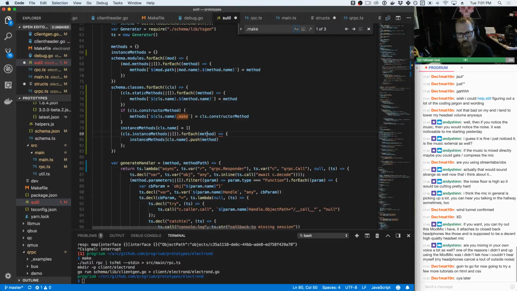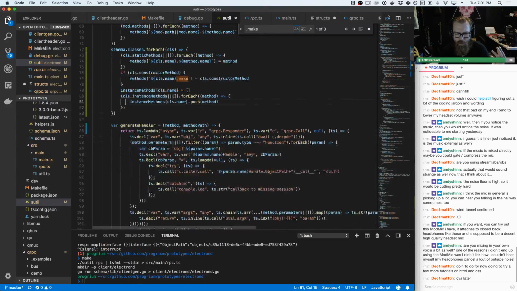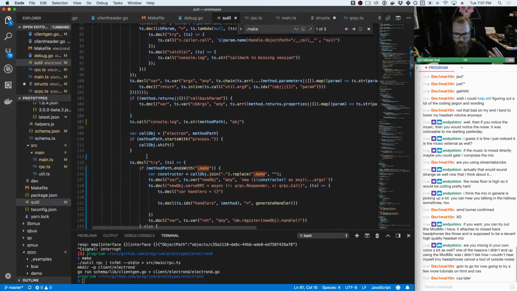Did that thing again. Okay. Alright, so then we'd have instance methods with every class. And we could iterate over its methods. Perfect. So then if it's a make,